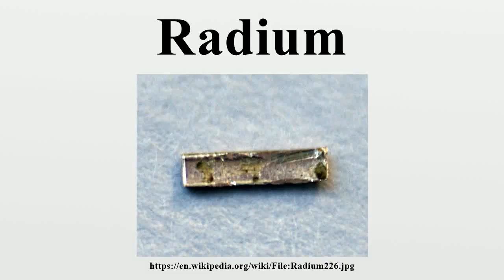Radium is a chemical element with symbol Ra and atomic number 88. It is the sixth element in Group 2 of the periodic table, also known as the alkaline earth metals. Pure radium is almost colorless, but it readily combines with nitrogen on exposure to air, forming a black surface layer